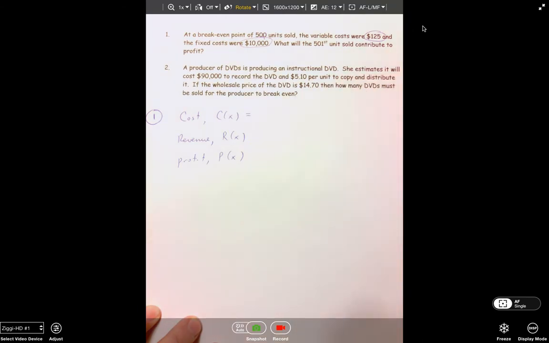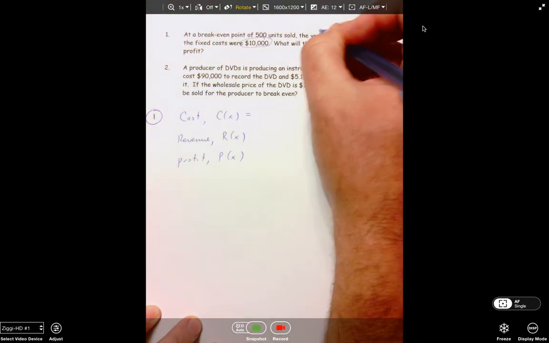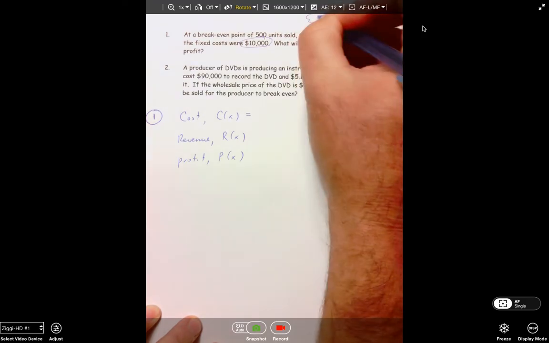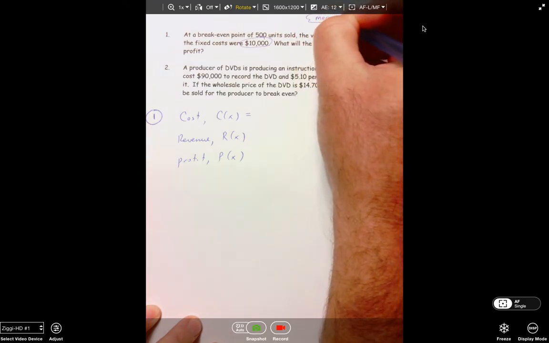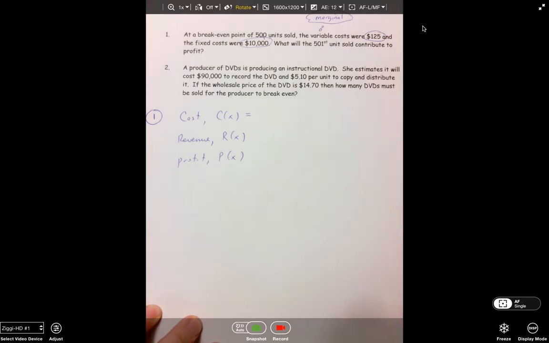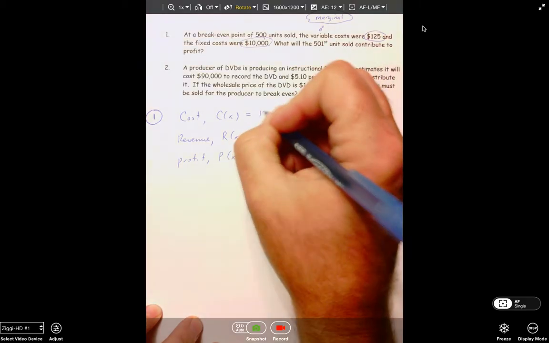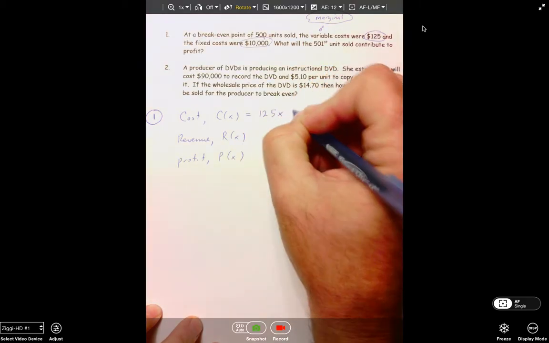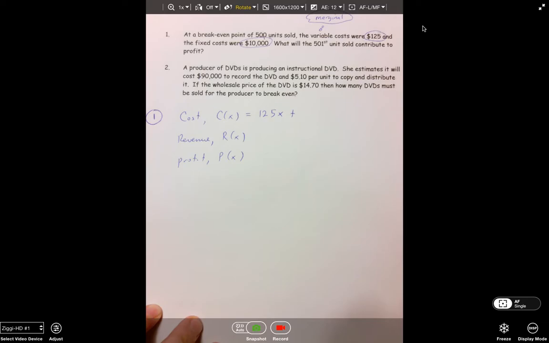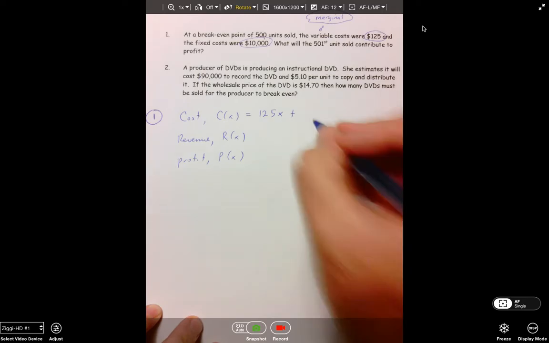I said this in an earlier video, but it maybe didn't stick, that variable cost and marginal cost are saying the same thing. So I know the 125x is the variable or marginal cost,